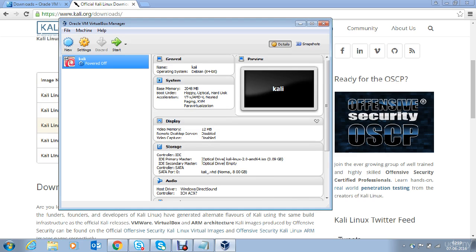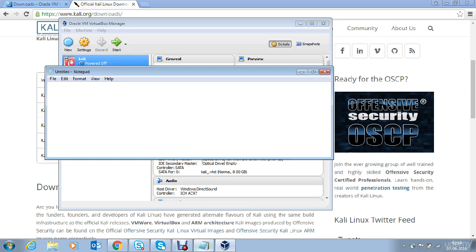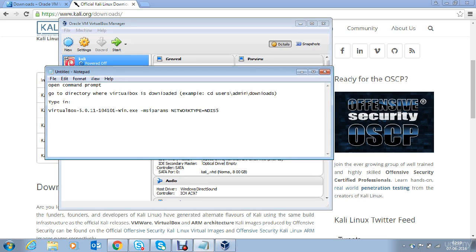Before we fire up the machine, with the latest version of VirtualBox, some problems have been observed when using the bridged adapter setting, which can be resolved using some simple steps. The problem usually appears on Windows 7 machines. If you're using a Windows 7 machine, then with the latest version of VirtualBox, you might need to make these changes.